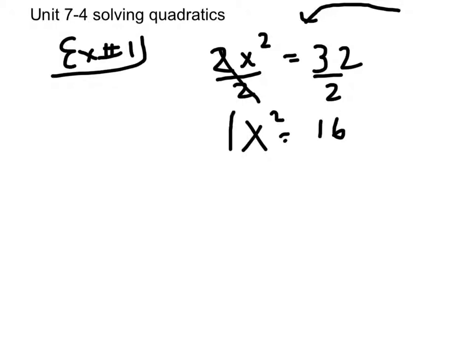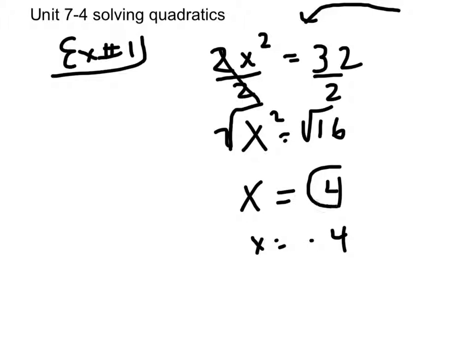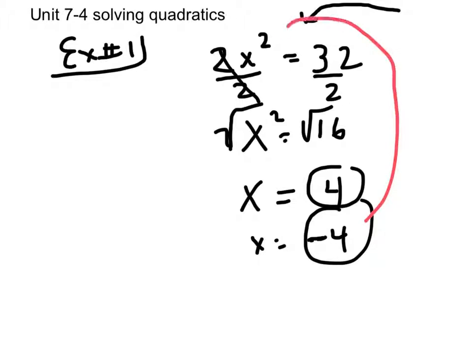And to get rid of a square, you take the square root of both sides. Square root of 16 is 4, so x equals 4 is my answer. Now, with quadratics, you should usually have two answers, and that's why the only answer isn't just 4, it's also negative 4. The reason why is if you take this negative 4 and substitute it back into the original problem,